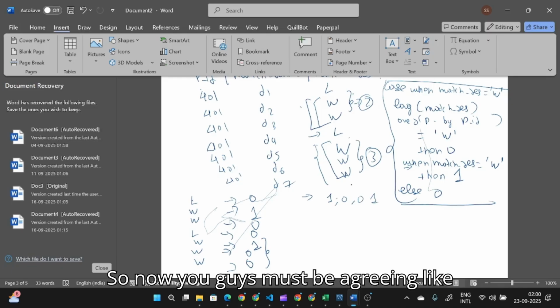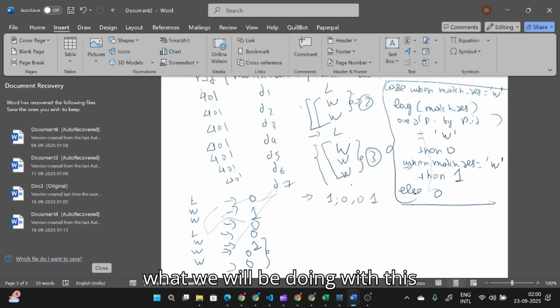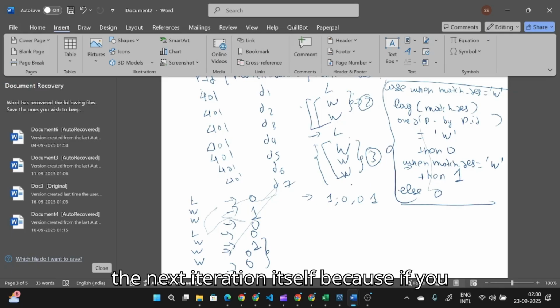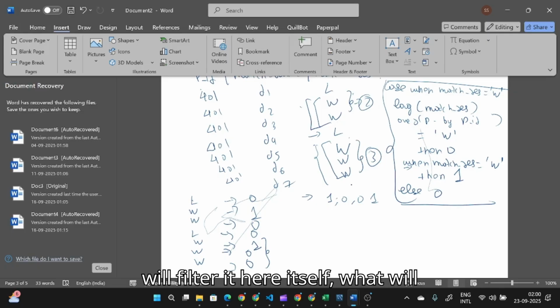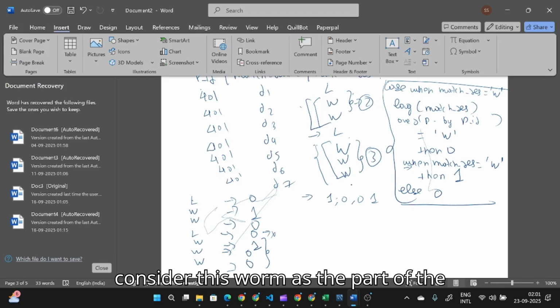So now you must be wondering what we will be doing with these lost matches. We can filter them in the next iteration itself, because if we filter here itself, suppose I remove these lost matches, then it will consider this one as part of the streak only,